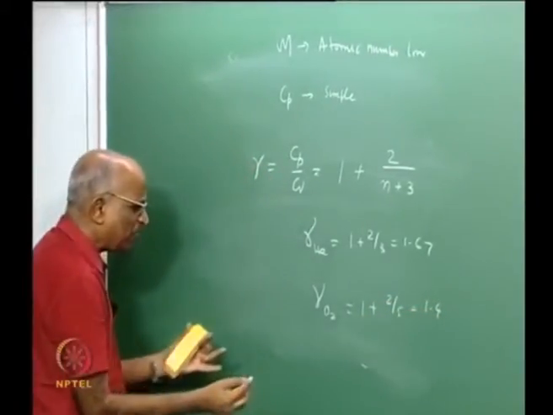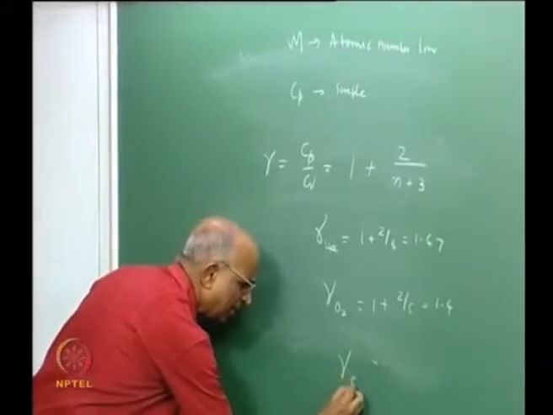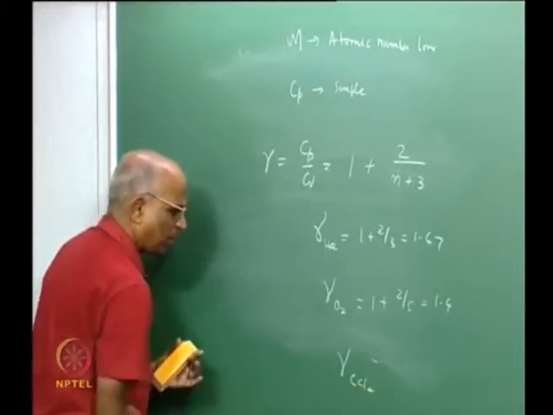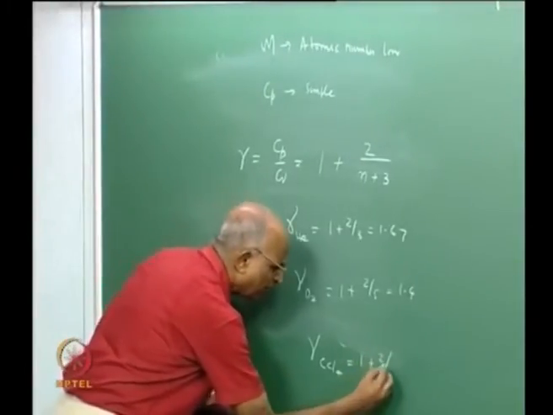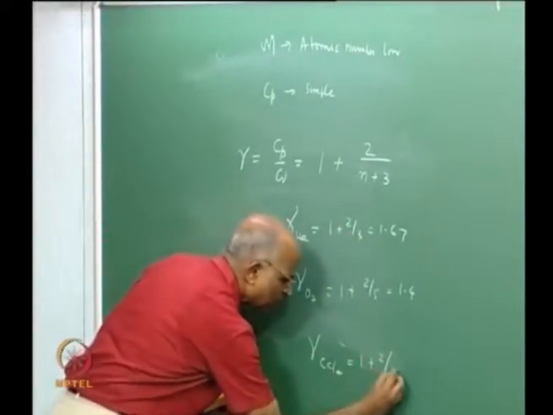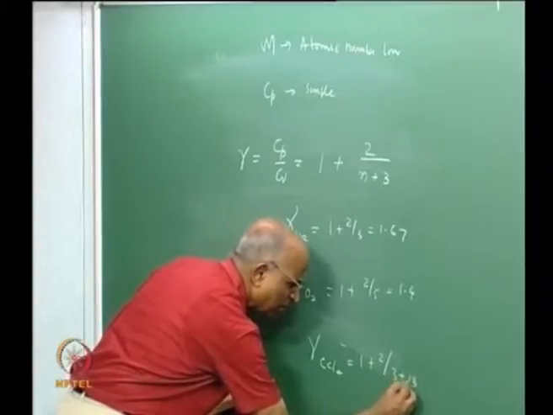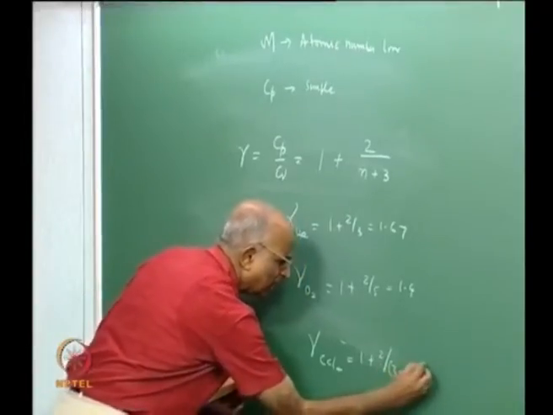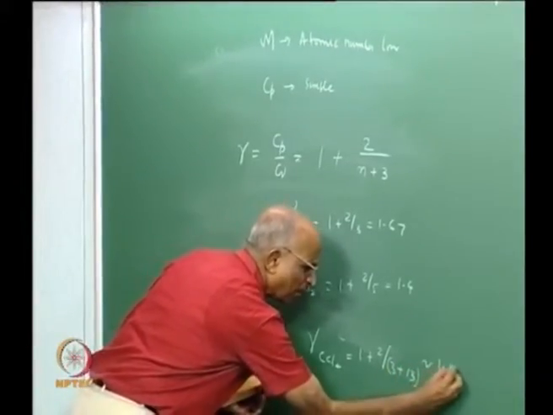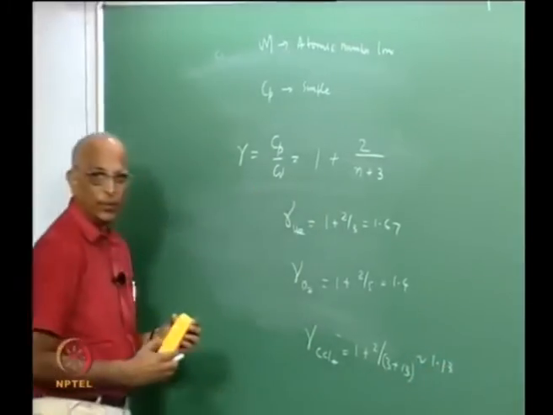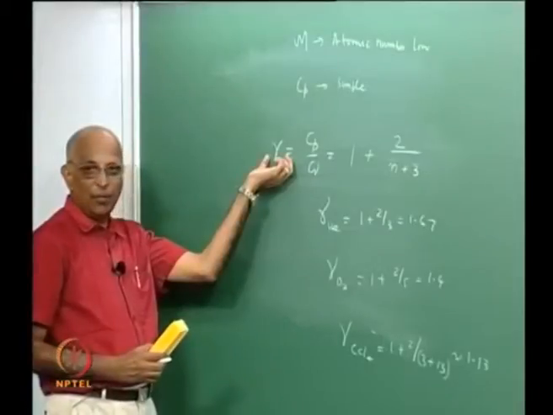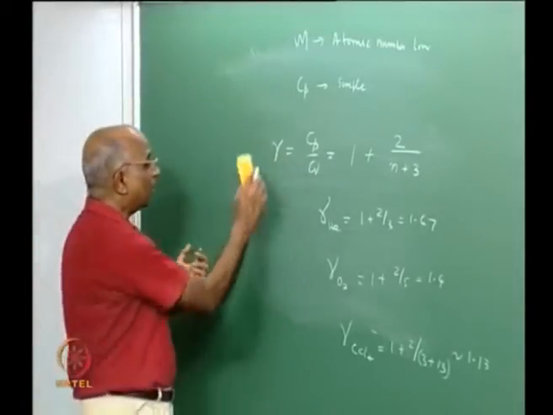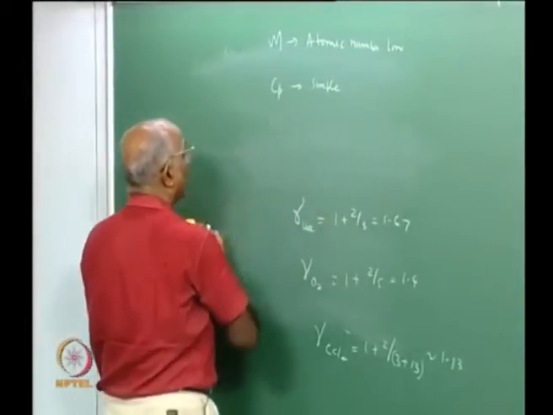As it becomes very complex, like gamma for CCl4, carbon tetrachloride, it is going to be something like 1 plus 2 divided by 5, that is 3 plus something, I think almost 13 or so, 12.5 or something, in which case it becomes something like 1.13 or 1.12. That means more complex molecules have a lower value of gamma, and therefore, now I tell myself if gamma is to be small,